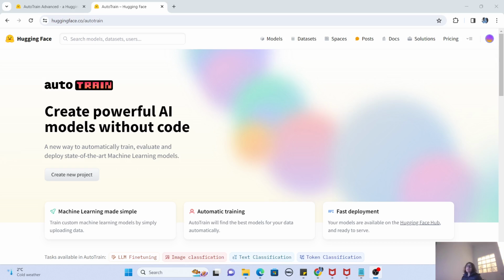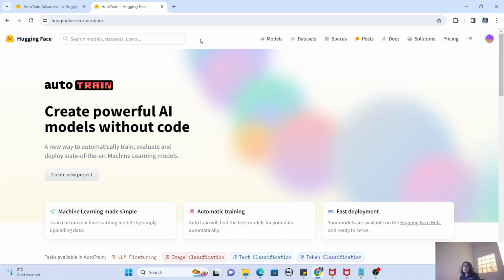So guys, if you have seen my previous video, you might already know that Autotrain is a fine-tuning tool that has been given to us by Huggingface. What it does is provide us with a simple user interface that you can use to fine-tune any large language model that you can find on Huggingface with your own data set. Okay, so this is a page where you can understand more about Autotrain, but I'll go straight into